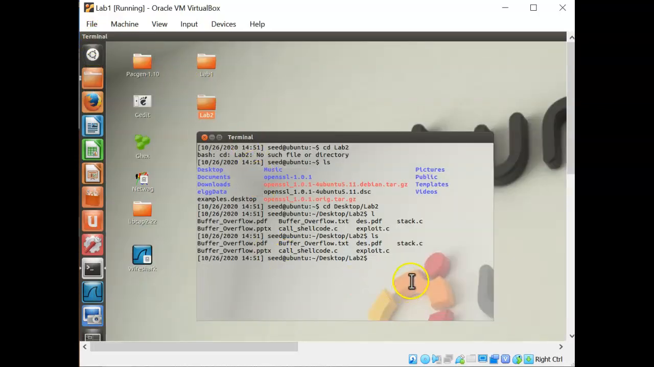Let's go back to our terminal here. Then we have lab 1, lab 2. First we go to the lab 2 folder. First, we need to turn off the address randomization, because this is a mechanism that is built into Ubuntu. If you do not turn it off, our lab cannot be successful. So we turn off the address randomization. So sudo